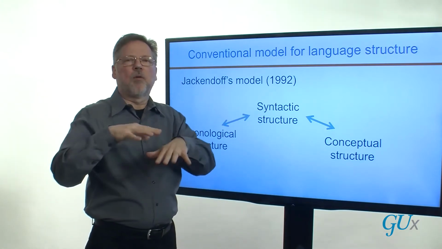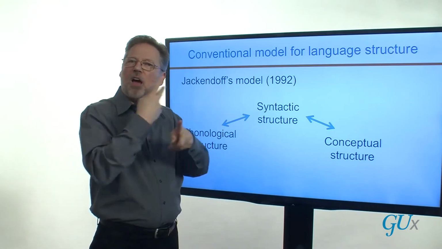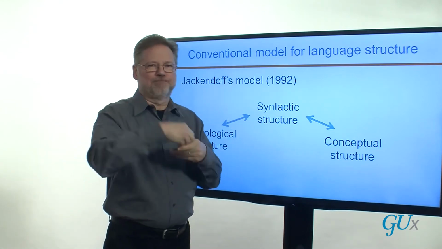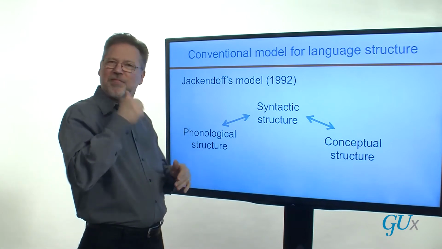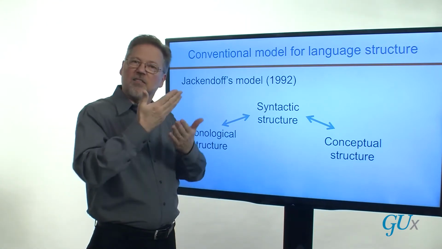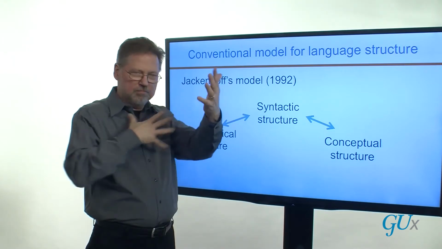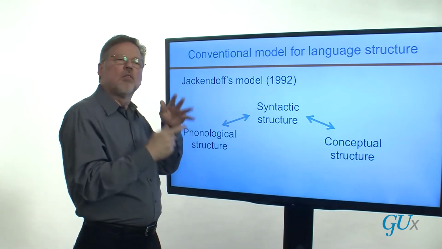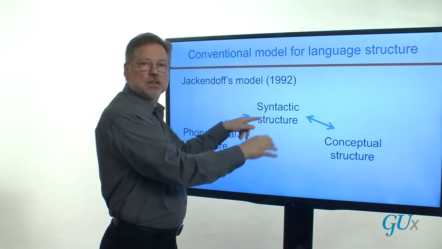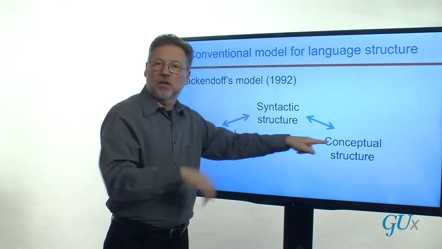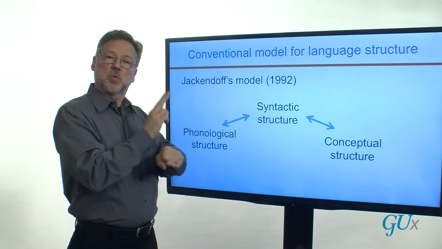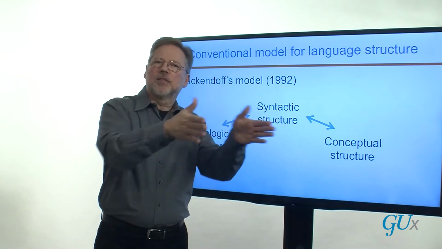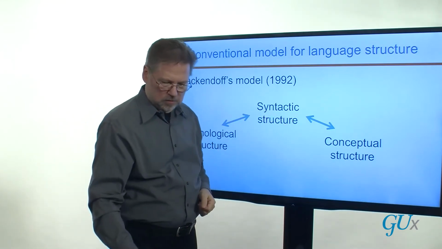Some argue that space may influence syntactic structure, so that's a possibility. While the area in which signed and spoken languages are radically different is in phonological structure, because we don't use sound. Instead, we use manual components along with other articulators like our arms, face, and upper body, which fall within phonological structure. They exist in conjunction with other layers, appearing within sentences while also being connected to meaning. That means that we can use this model, but how can it describe two different modes? I'll show you that next.